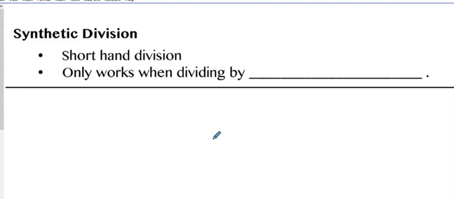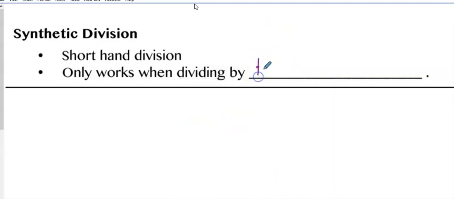synthetic kind of means man-made. I'm not really sure where the word synthetic division comes from, unless it's just kind of shorter. So it's what we would call a shorthand division. Shorthand is a style of writing that stenographers use in court. Now, it only works when you're dividing by what we would call